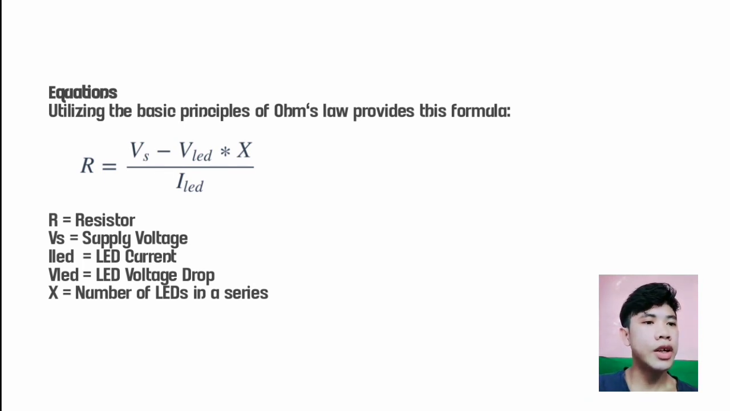Equations. Utilizing the basic principle of Ohm's law provides this formula. Resistor equals supply voltage minus LED voltage drop, times the number of LEDs in series, over